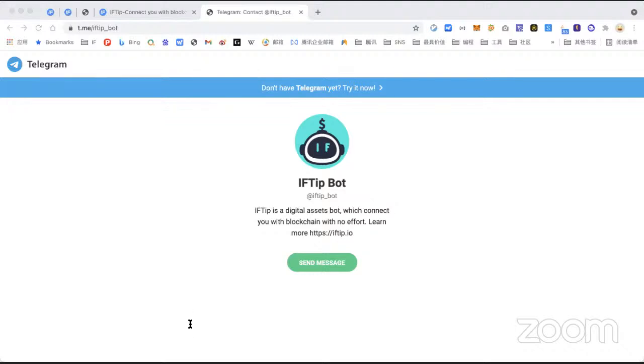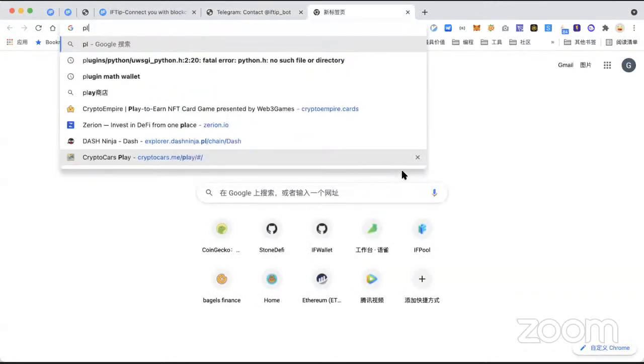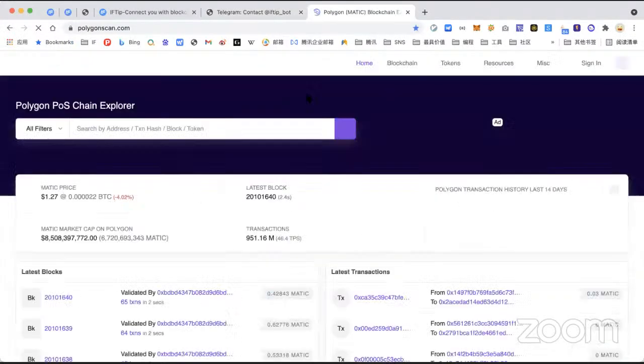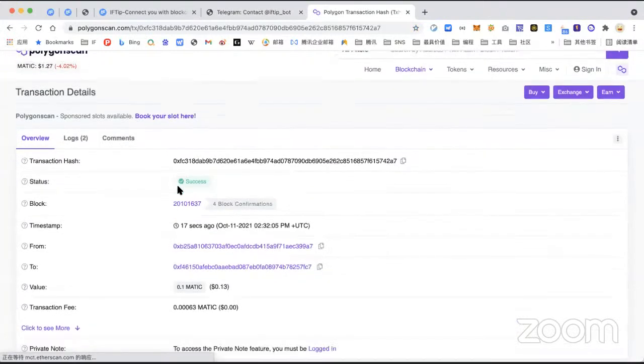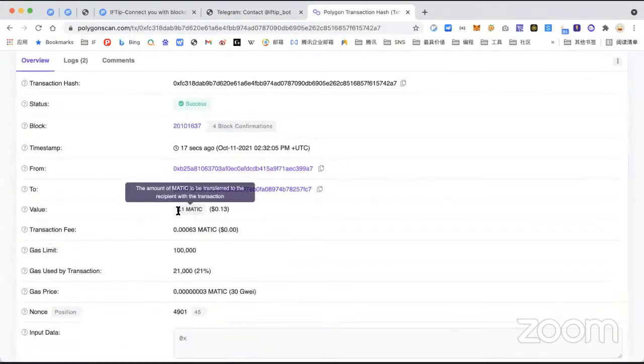Yeah, it will send the transaction; because of the frequency limit of the group, the previous one failed. Now we can see the transaction ID and we can see it on Polygon scan. So you will see it's on-chain success. Tip a little Matic to this person's address.